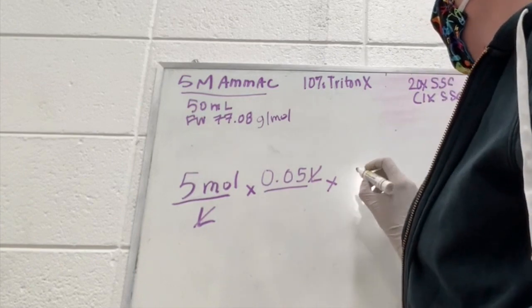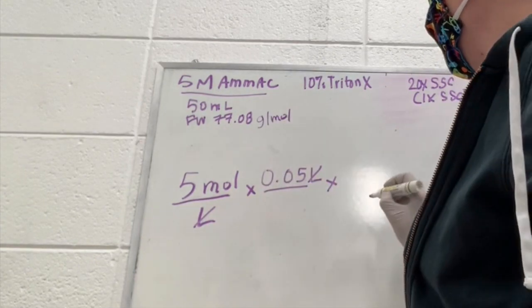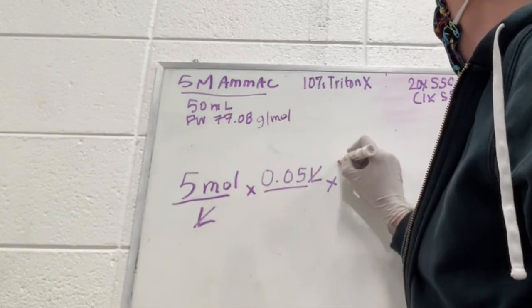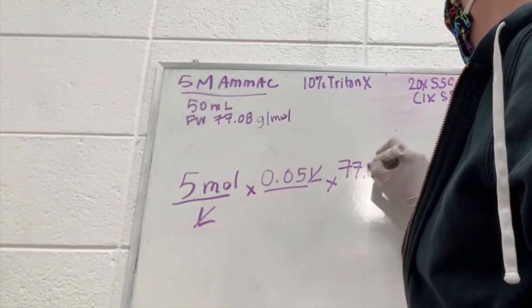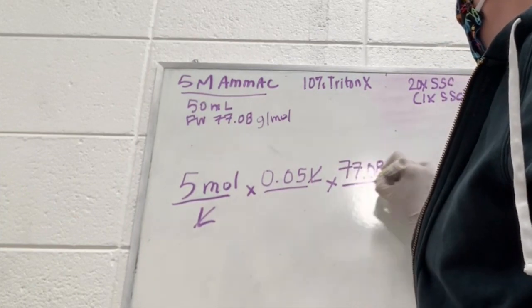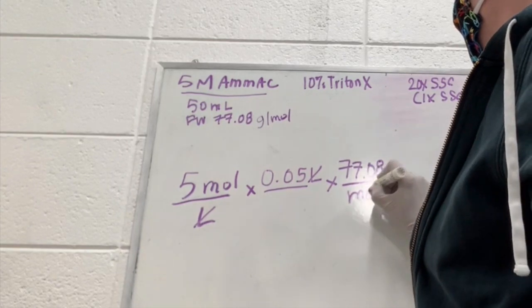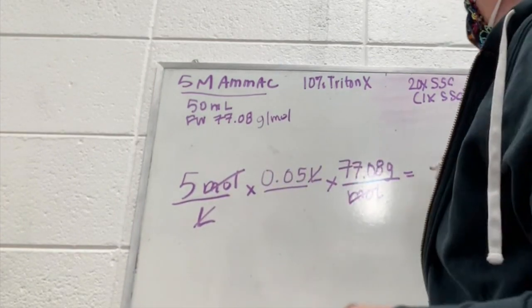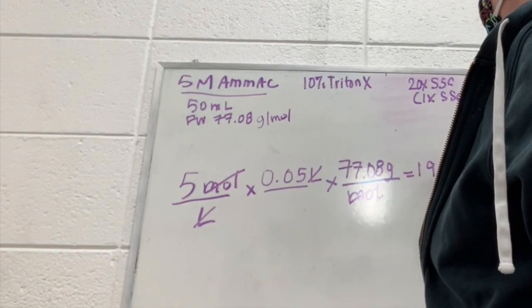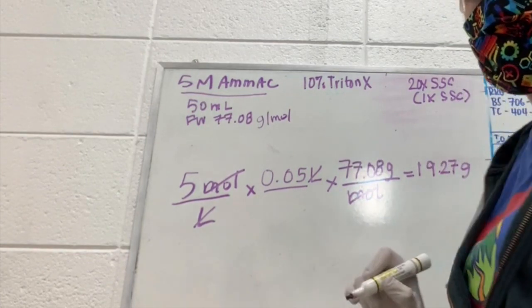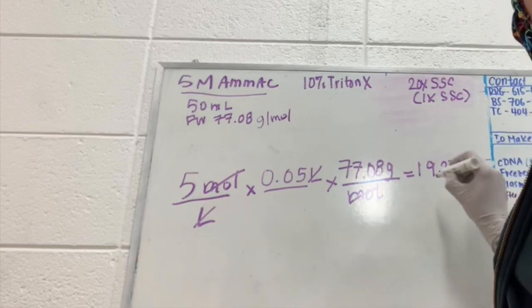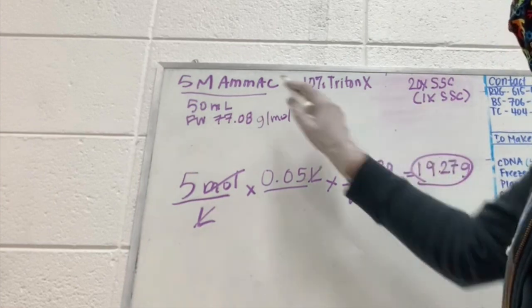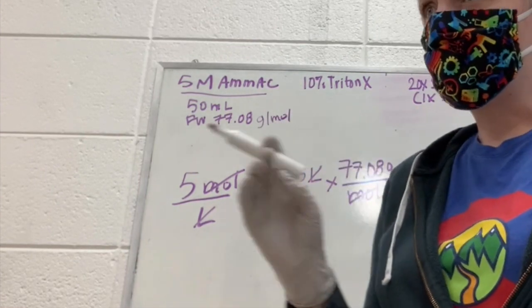We also want to include the molecular weight, so we will say that this is 77.08 grams per mole. And the moles will cancel out. And you'll be left with 19.27 grams. So for this, if you add 19.27 grams of ammonium acetate, and in this case we're going to